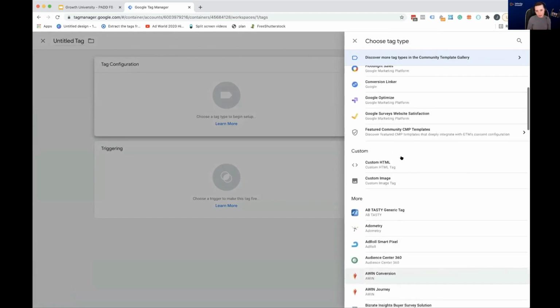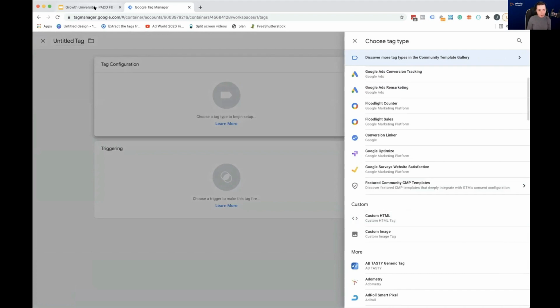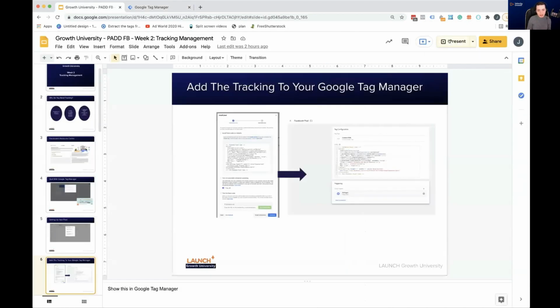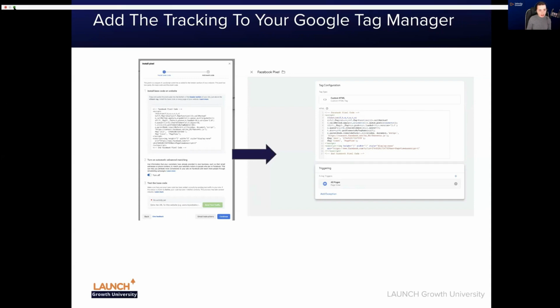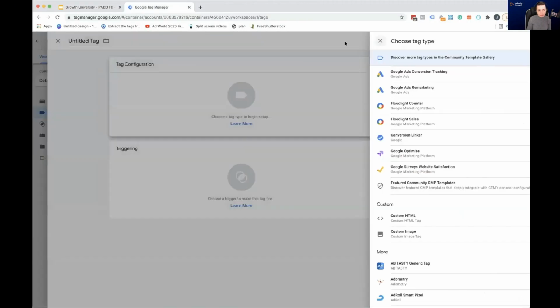You can just use the custom HTML option and copy and paste in your tracker there. So as you can see here, again, this is just copying and pasting it into this, and then you just set up a trigger of all pages. Over in Google Tag Manager, what you'll see in the triggers options is something very similar to the tags,